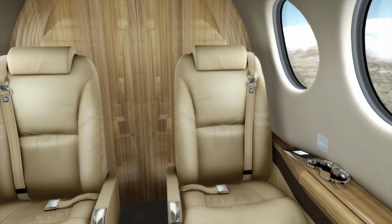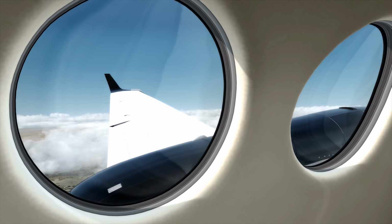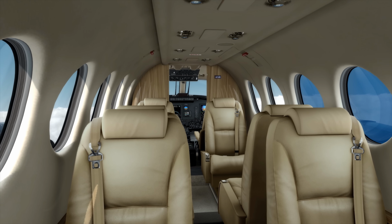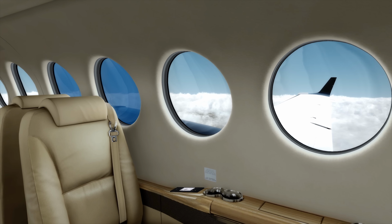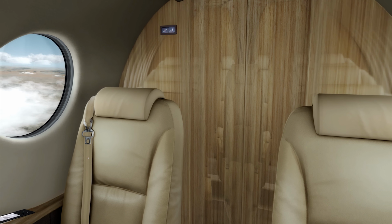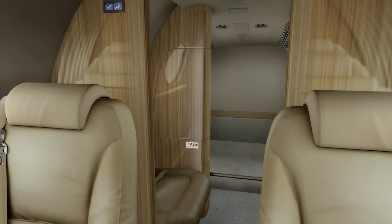That is the life for sure. Don't think I'll be drinking too much on this flight though. We are still rattling around as we make our way back through the end of the cabin. The thing that I like the most